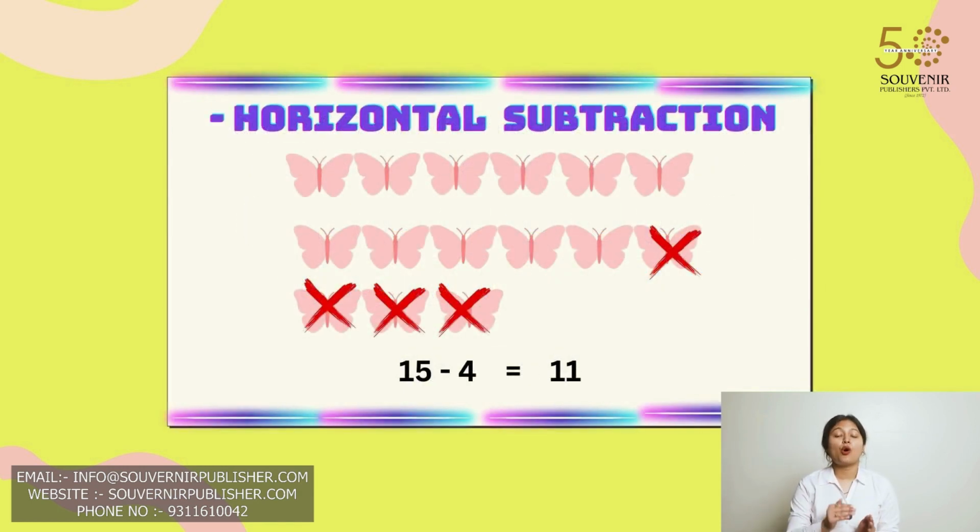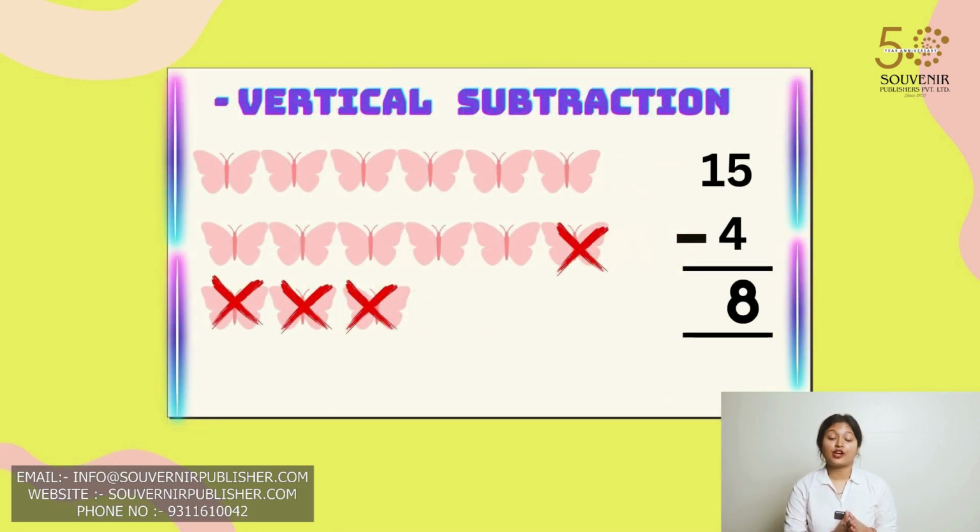Students, now let's know horizontal subtraction. We have 15 butterflies from which we are going to reduce 4. So what are we going to get as an answer? 11. Now let's move forward to vertical subtraction. Suppose we have now 15 butterflies and we have to subtract 4 from it. So how are we going to write it? 15 minus 4 which will give you 11. So vertical